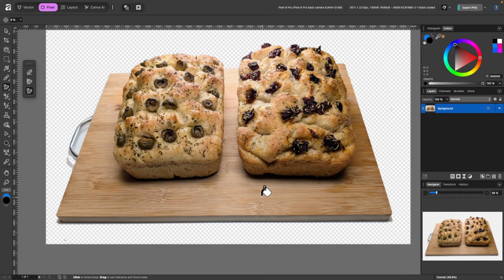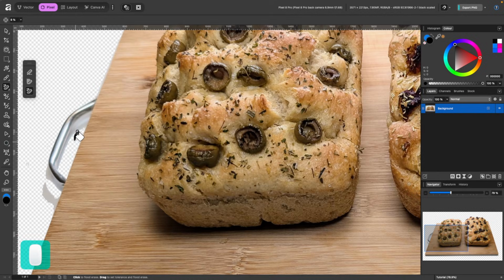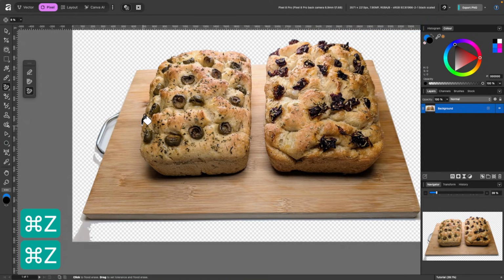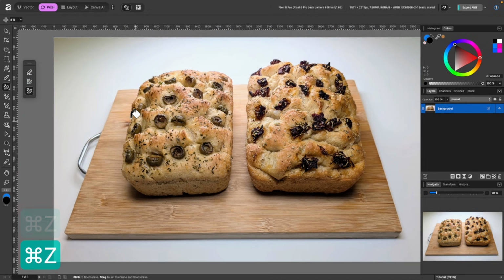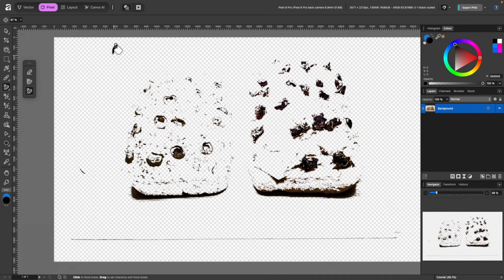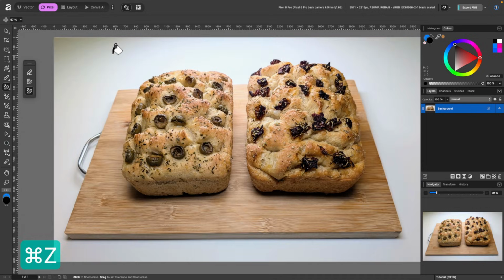And remember, when using these erase tools, they are destructive edits. You see, I only have one layer there. There's no mask. I can't go back if I've made a mistake other than pressing Command Z. So be careful when using these destructive tools. Oh, look, it hasn't got that section there. I'll click once more. There we go. So I'll press Command Z and change the tolerance. You should know what that does by now, but I'll up the tolerance quite a lot and just click once. Yep, complete annihilation. Okay, I'll press Command Z and move on to the next tool.